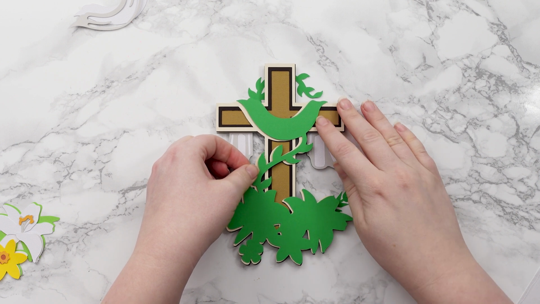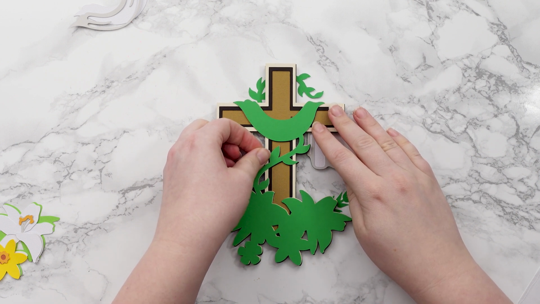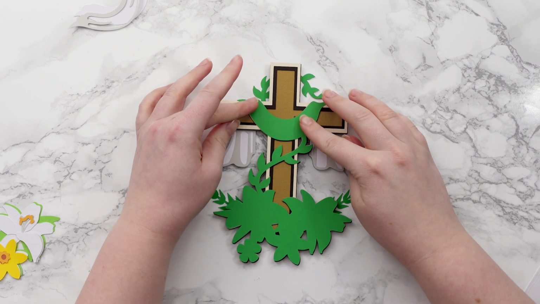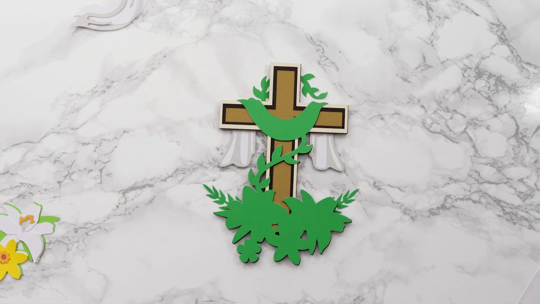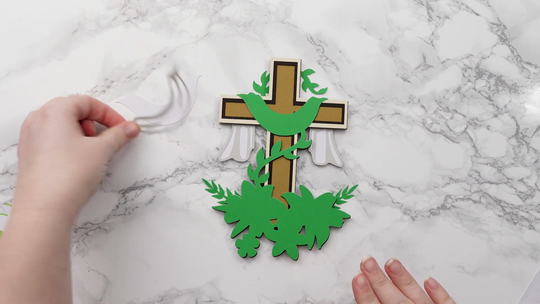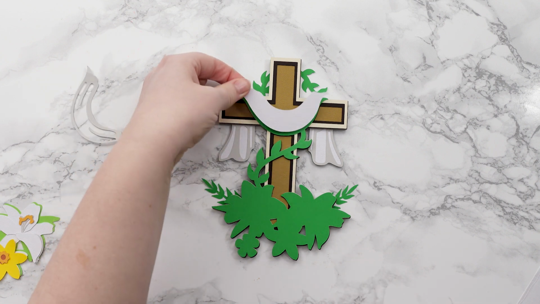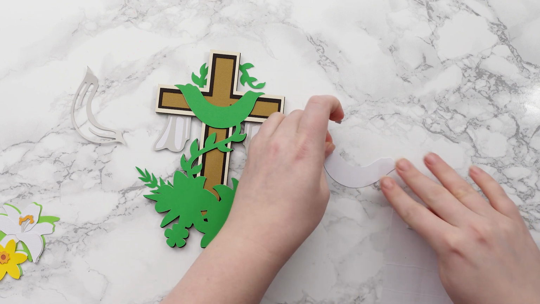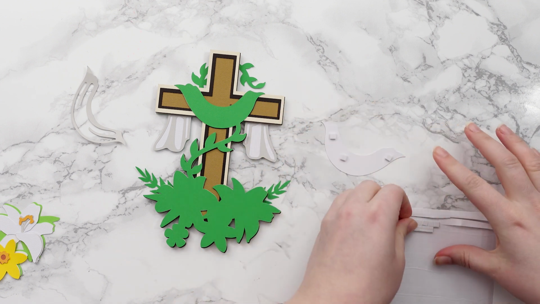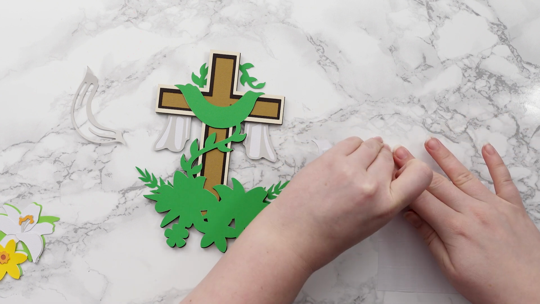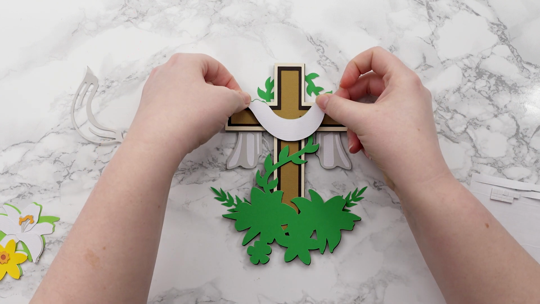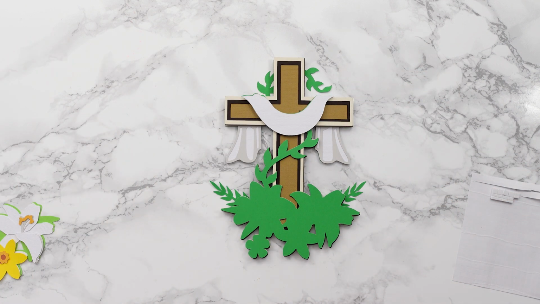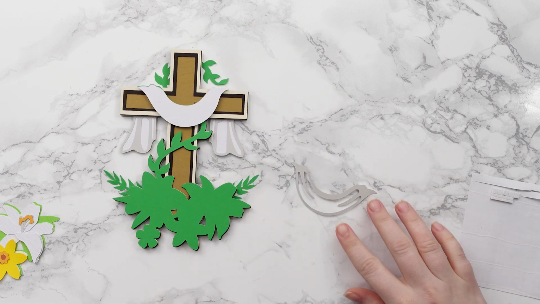Oh, I didn't do that very well, did I? Dropped that in completely the wrong place. But luckily with glue, you've got that wiggle room. There. Alright, next I'm going to use my foam squares for this piece. I'm running out of foam, I'm going to have to open a new pack. There, and then the detail on top will be glued. This is very thin, so be careful.